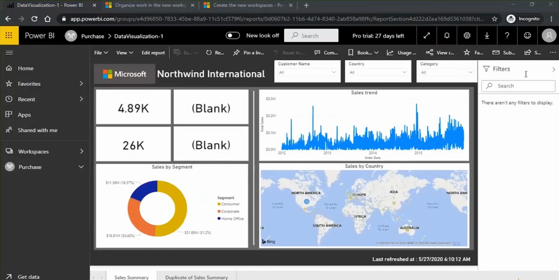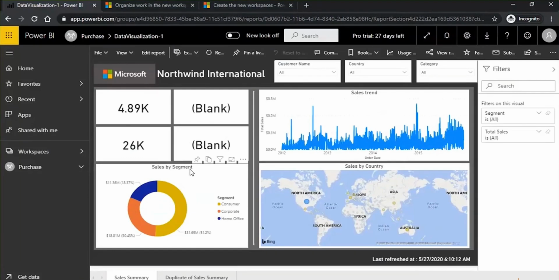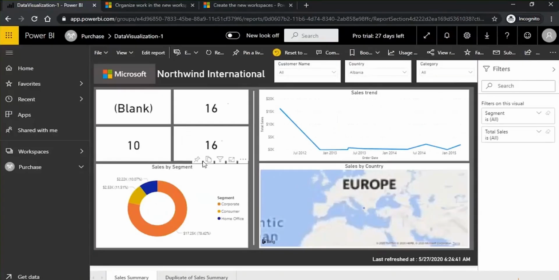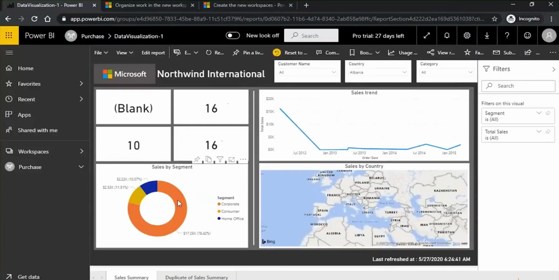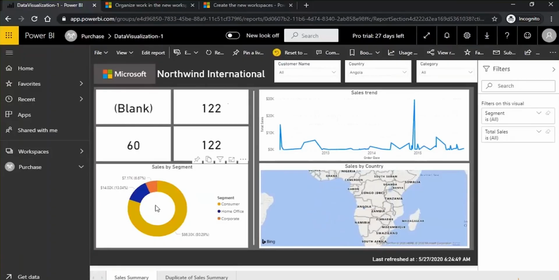How to pin the visuals? On each visual you will see one icon. Click on any visual and you see this pin visual icon. If this is an important metric or important information and you want to add it onto the dashboard, you can simply click on pin visual. The current view of the donut chart will be saved on the dashboard. Let's say you pin it for this country, then this donut chart will always show the data for this country on the dashboard, even if you change the country on the report. The dashboard will show the data for the country which was selected at the time of pinning.